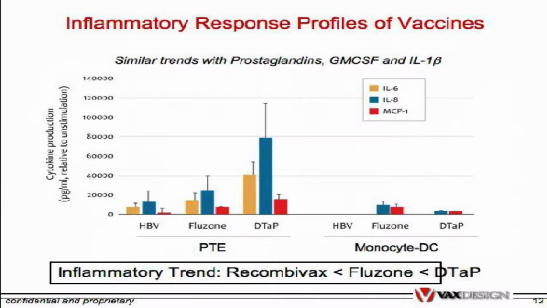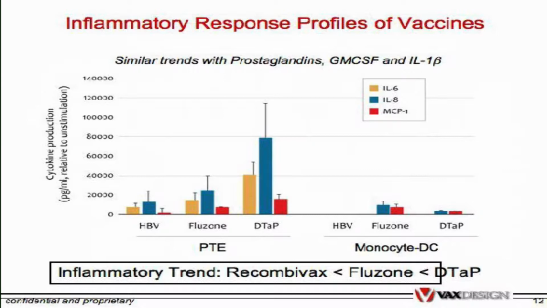Now, to take all of the data that we've generated and condense it down into one slide, because I am limited by time, so I haven't got a whole lot of time to discuss a lot of this with you. If we look at monocyte-derived DCs, which are generally GM-CSF IL-4 derived, versus how the DCs are generated in the PTE module, and looking at three vaccines: hepatitis B virus vaccine, Fluzone vaccine, which is modified live influenza vaccine, and diphtheria, tetanus, and acellular pertussis vaccine, the reactogenicity of these vaccines is hepatitis B vaccine being the least reactogenic,